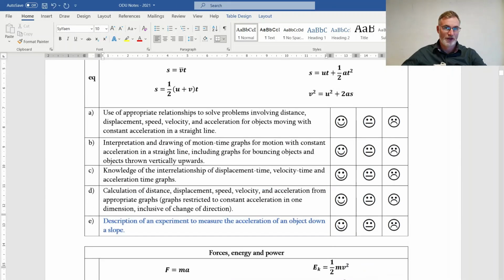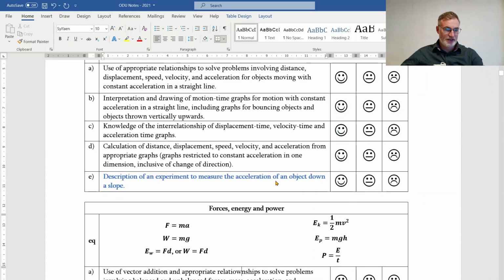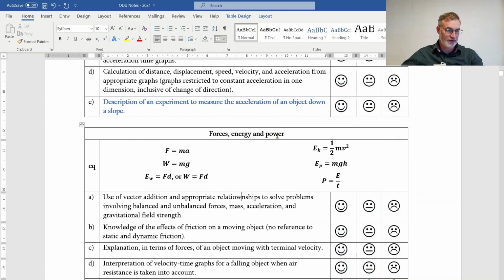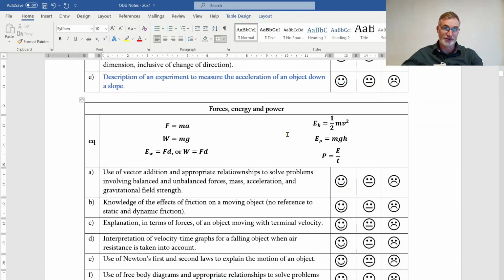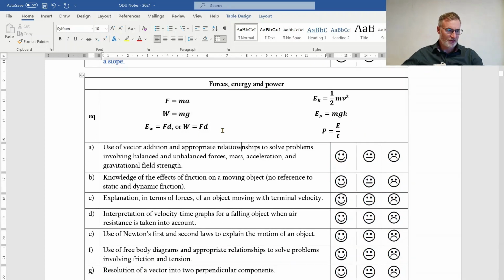Hi folks, in this lesson we're going to be looking at forces for the Higher Physics course, and we're going to start by looking, as always, at the learning outcomes. So we can see in the Our Dynamic Universe course notes booklet, if we look at the section on forces, energy and power, the first thing to note is that all of these formulas that you're seeing here are not new. We covered these in National 5 Physics, and indeed there are no